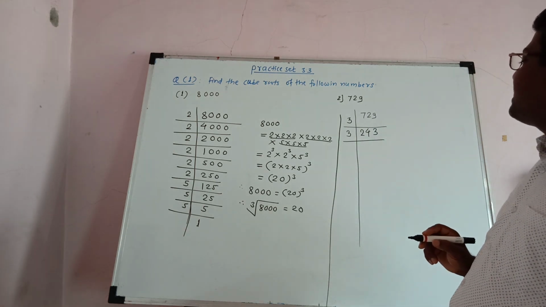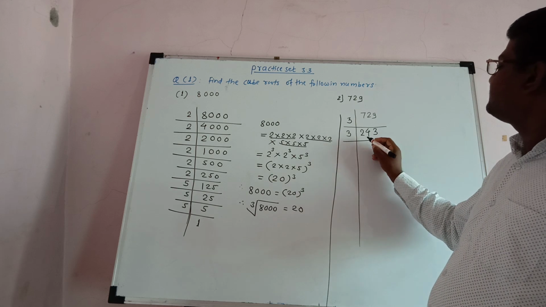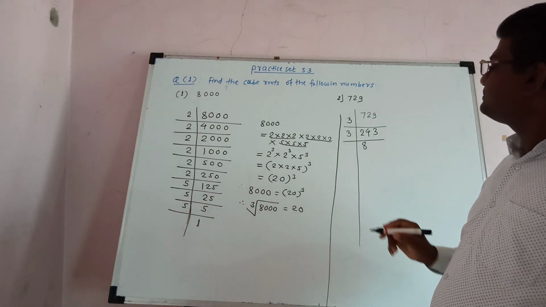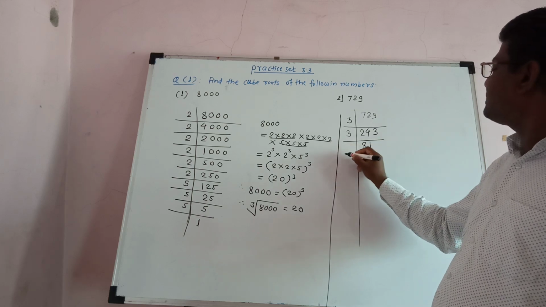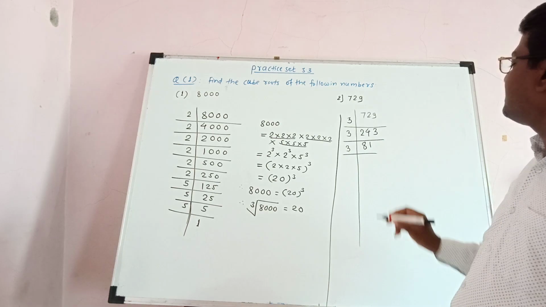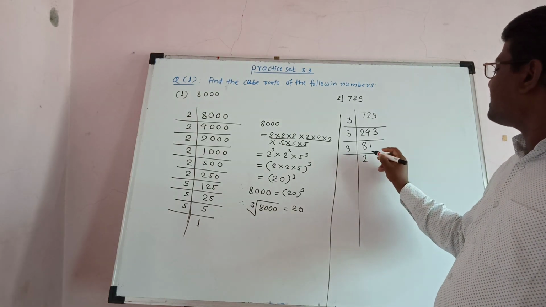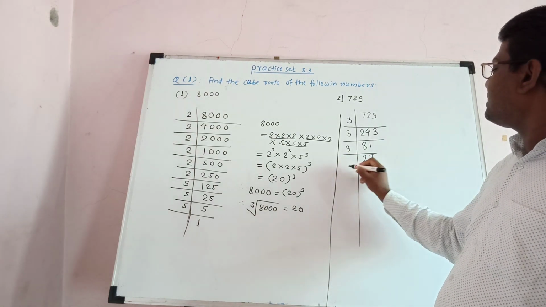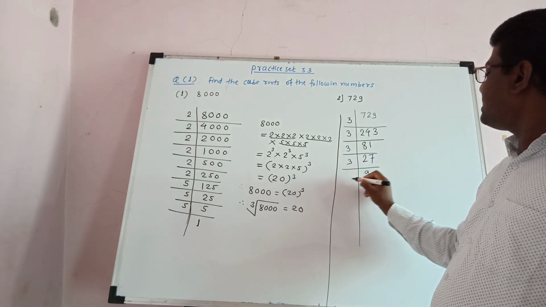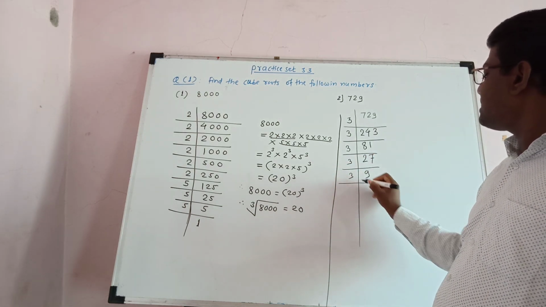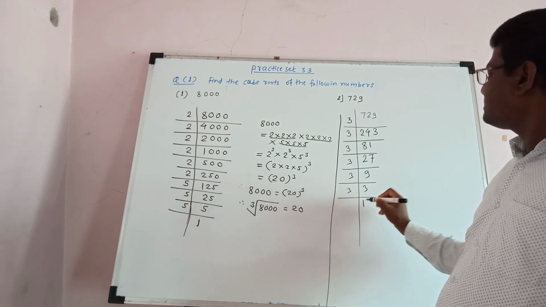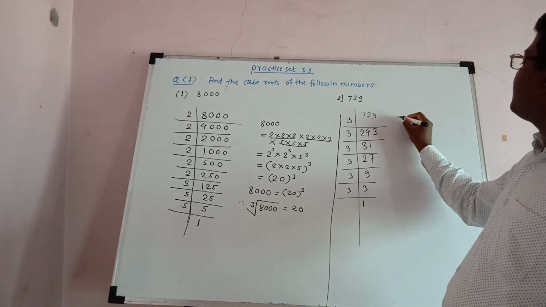24 divided by 3. 3 8s are 24. 3 1s are 3. Then divide by 3. 3 2s are 6 and 3 7s are 21. Now 3 9s are 27. 3 3s are 9. 3 1s are 3. Therefore